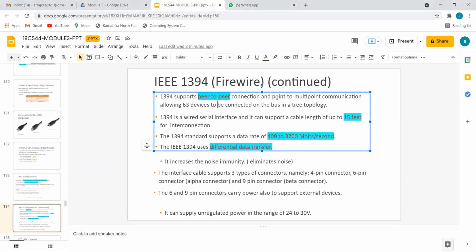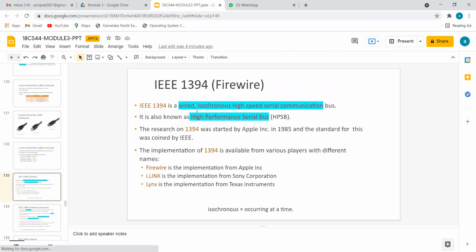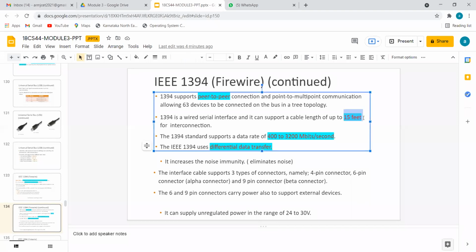Nowadays point to multi-point communication is also being tried. Just as a similarity, in a car we use a charger. On one side it will be a single source, but once we come to the other end, we can see different types of chargers. That means point to multi-point. Since it's a wire, as I mentioned here, the wire should have a length of 15 feet maximum.